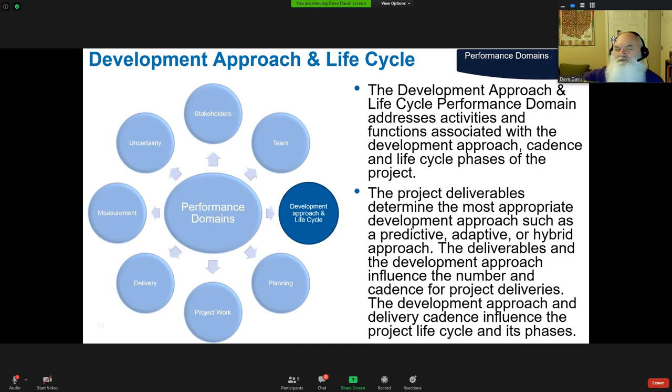You may have to do spikes in order to even validate certain pieces. And so what spikes make the most sense? And if this spike has this result, it may drive our next decision, et cetera, et cetera. So we're looking at ways to set structure around those development approaches and the whole life cycle.